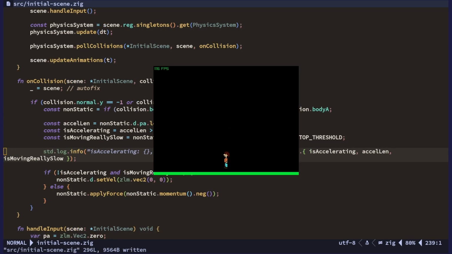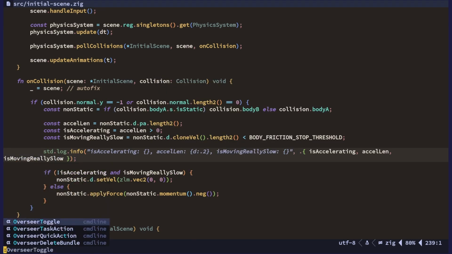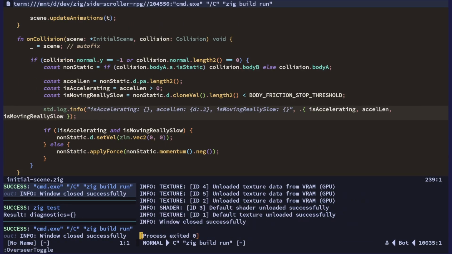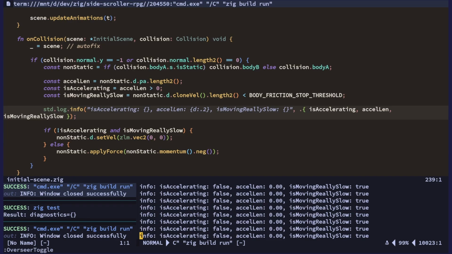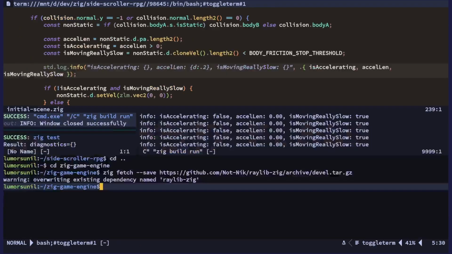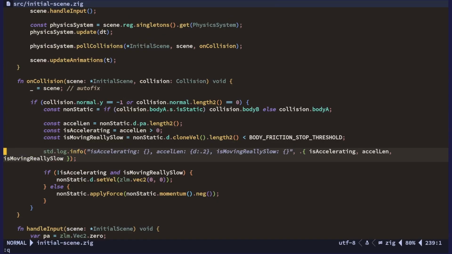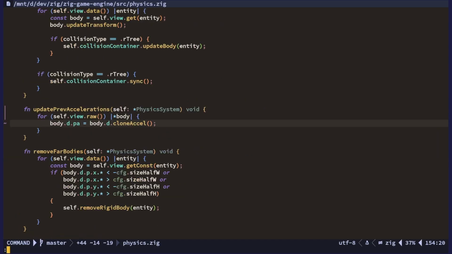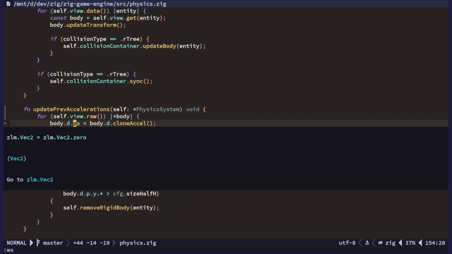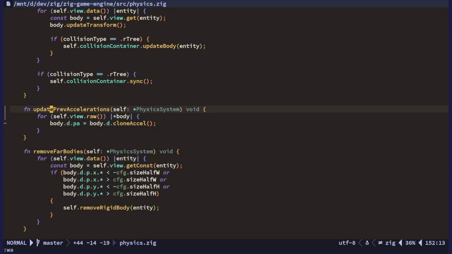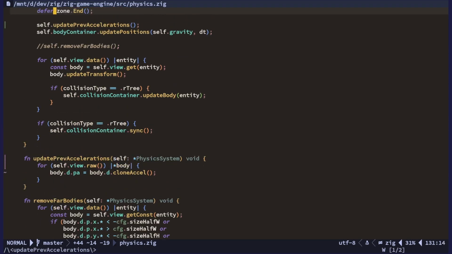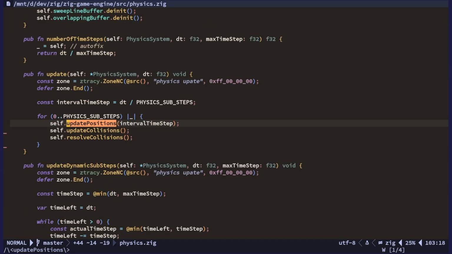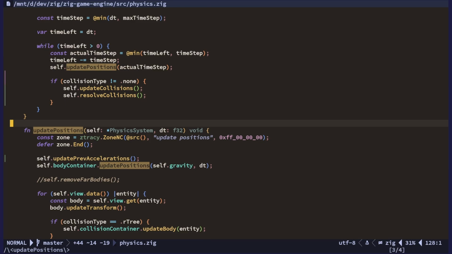So I'm guessing that. So it says it's false. Okay, interesting. So does it not get updated? What? I'm pretty sure this is called, yeah. Oh,